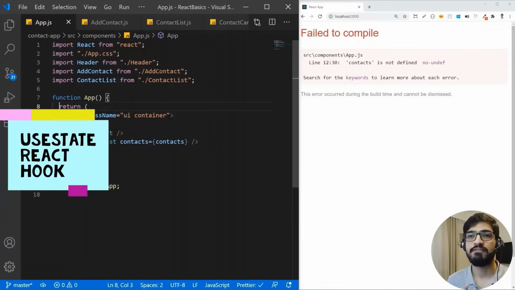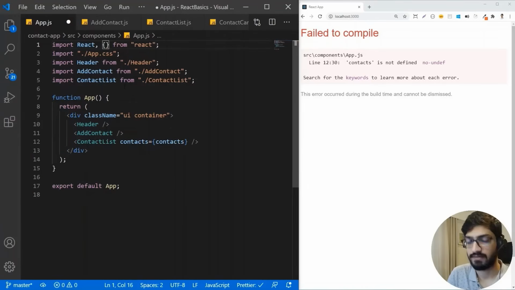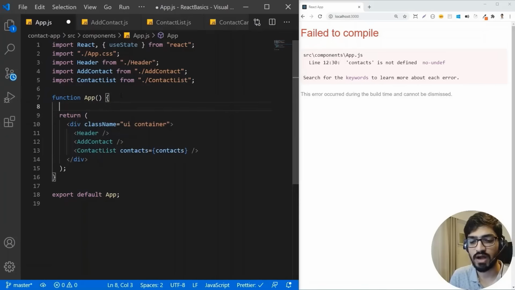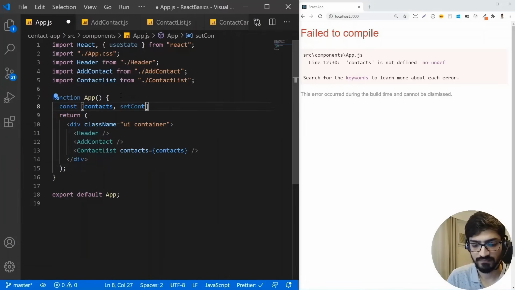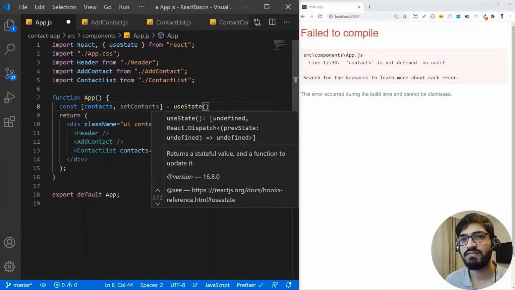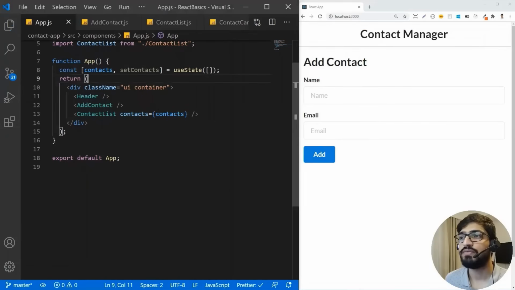So if we are using a functional component, then we are going to make use of React hooks. I'm going to add here useState. So this is a React hook. In order to use states in our functional component, we use the React hook. So I'm going to create a constant. I will have the contacts and setContacts, and this will be equal to useState, and this will be the initial value of your contacts. So initially the contacts will be an empty array. So let me add an empty array here. So now we have created the state of